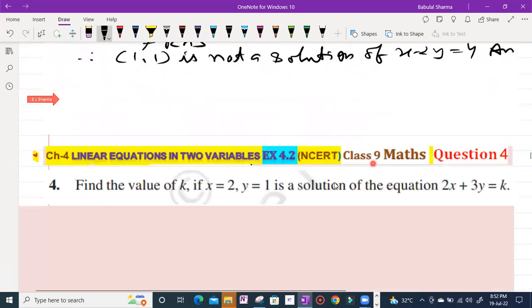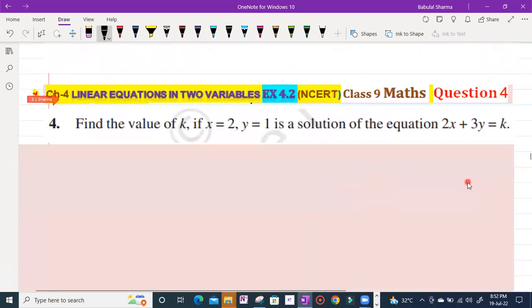We move on to the next question number 4. देखिए, find the value of k if x is equal to 2 and y is equal to 1 is the solution of the equation 2x plus 3y is equal to k. यहाँ पे क्या पुट करना है हमें? So put x is equal to 2 and y is equal to 1 in the equation